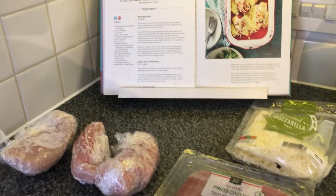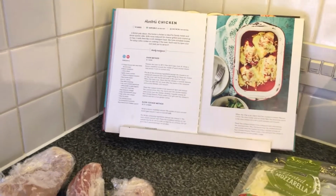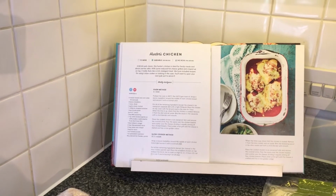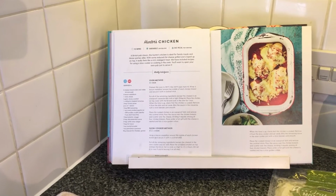Well, it is just after 11:30. I've been for a walk up to the post office and I've been for a walk up to Aldi to get things for tonight's tea. Haven't had access to the car a lot this week to do a big shop, so I'm doing it in dribs and drabs. And I've planned tonight that we're going to have Hunter's chicken out of the Pinch of Nom